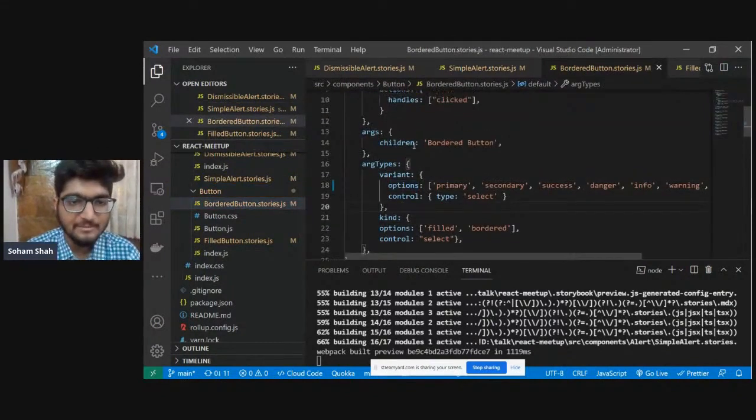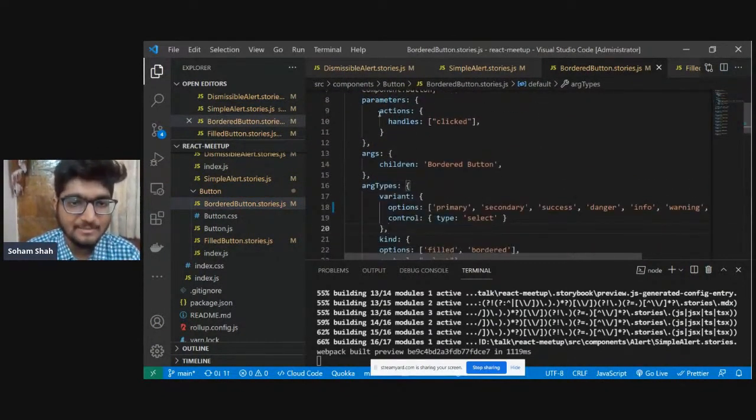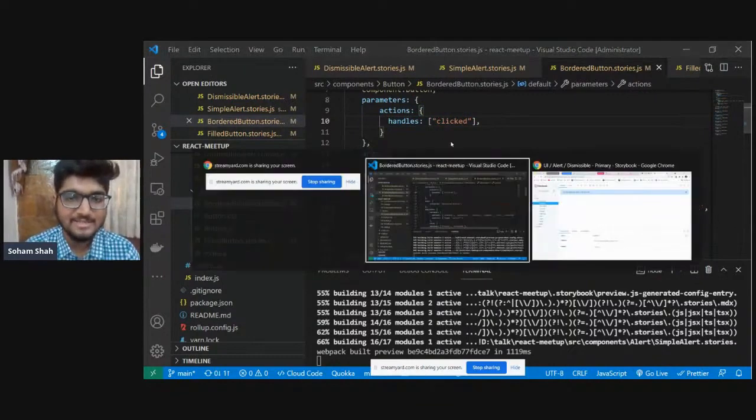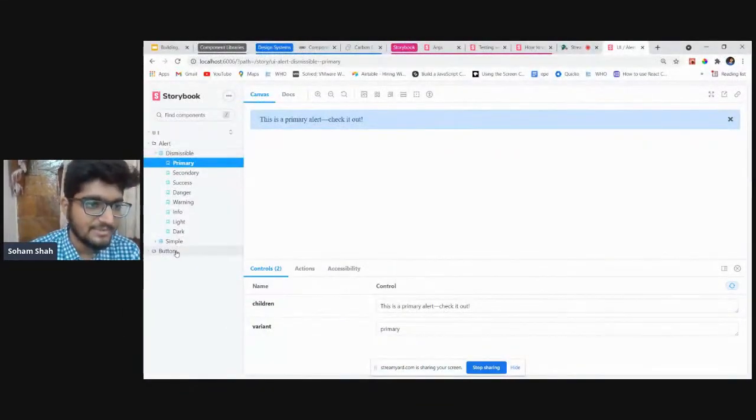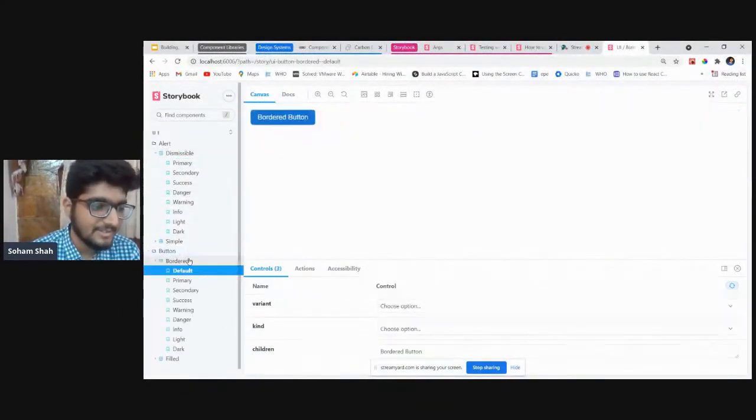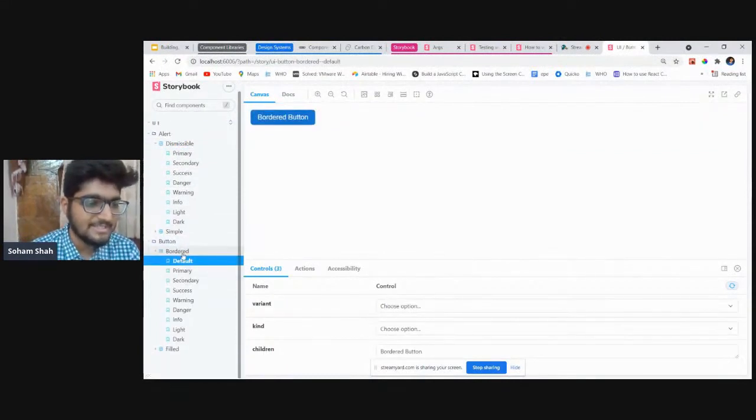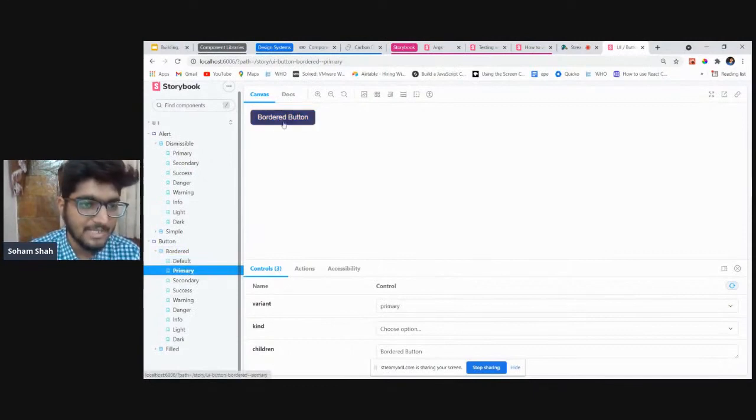But for button, I've actually added some cool stuff to the button with actions that is taking handles as clicked. So let us see our button. We have a lot of different states of a button, and button is basically of two kinds, border and filled. So default button, we have primary button.